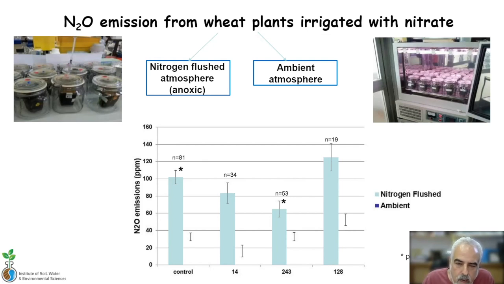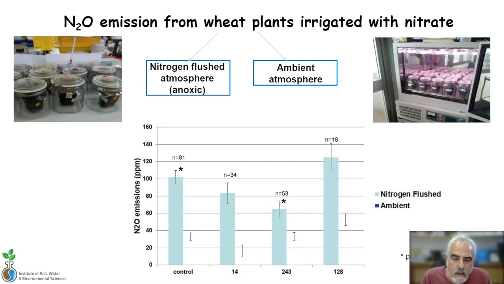And the level 100 ppm is very high because this is an anaerobic condition. In an anaerobic condition, we favor denitrification. As I told you before, this is anaerobic respiration. So when you look at the emission from the other pots, and the number above the bars is the number of different pots, the replicate number, and you can see the control had 81 different pots with its own plants. And in the other three, you can see smaller number, lower number, but still, you can see that bacteria number